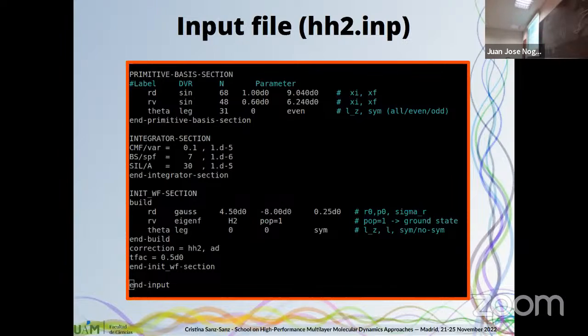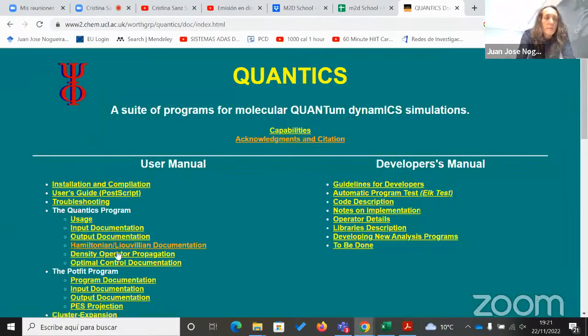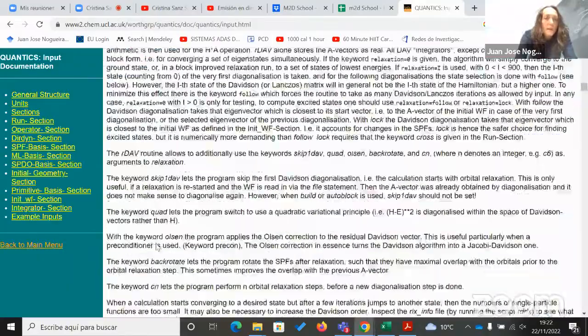The operator, these are the single particle functions, how to use it, multi-layer, the primitives. So you see, you have all these sort of functions. Okay, I'll show it to you, the people at home. You go back to the main menu, you go to the input documentation, and then you go down, down, down, down,